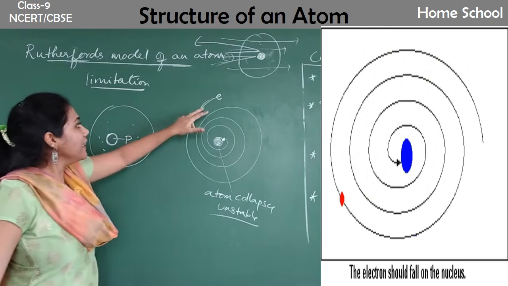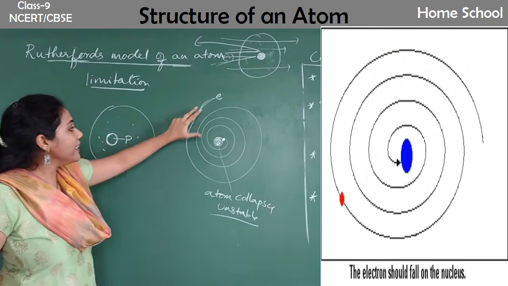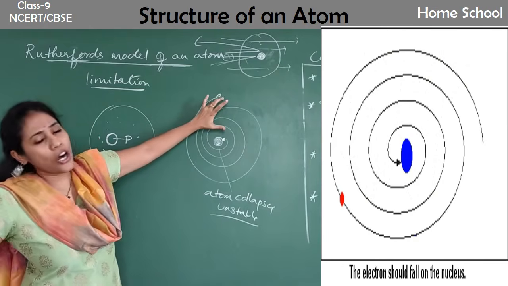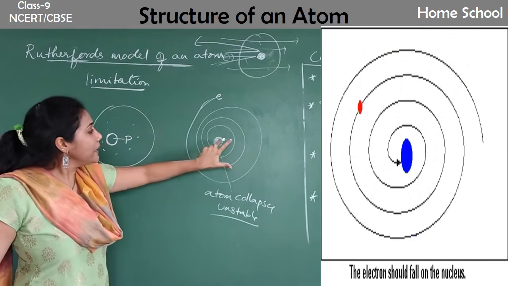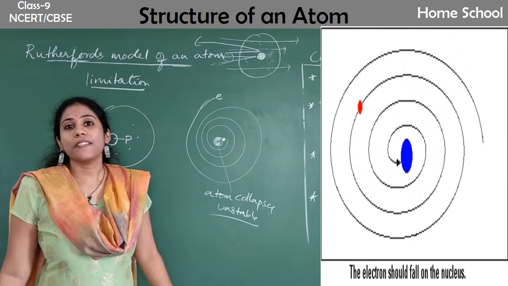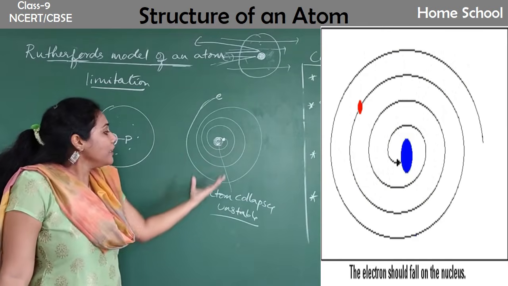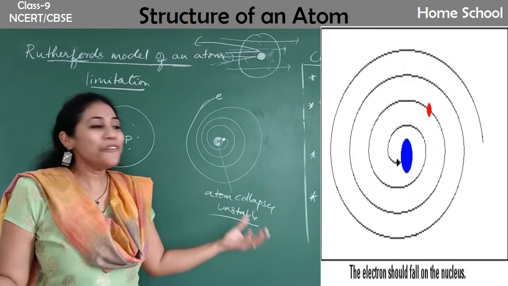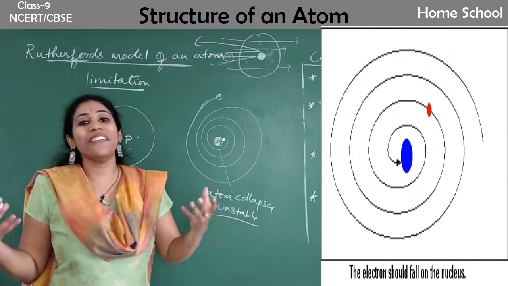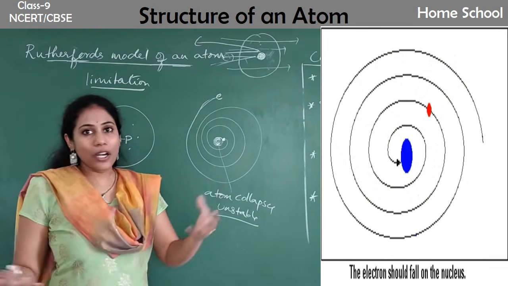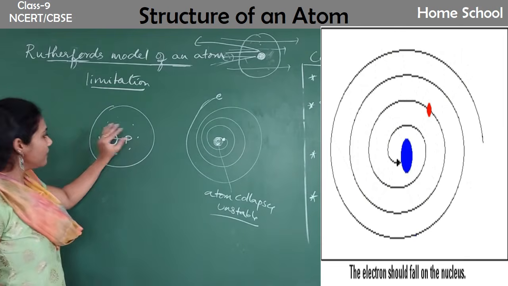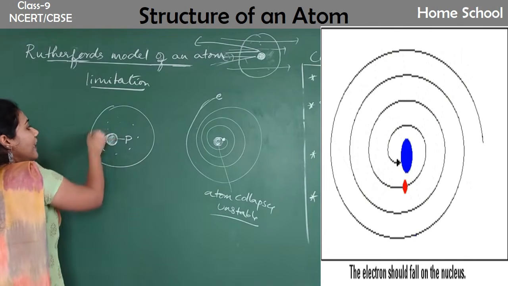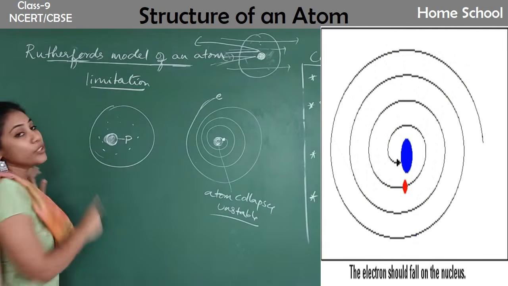Similarly, an electron also, when it is moving continuously, radiation may get emitted. It will lose all its energy. Finally, it may come and fall on the nucleus. If the electron is falling on the nucleus, then it is no more an atom, isn't it? For this, he could not give an explanation. According to him, everything is fine. Protons are there in the nucleus. The nucleus is at the center. The electron revolves around the nucleus, he said.